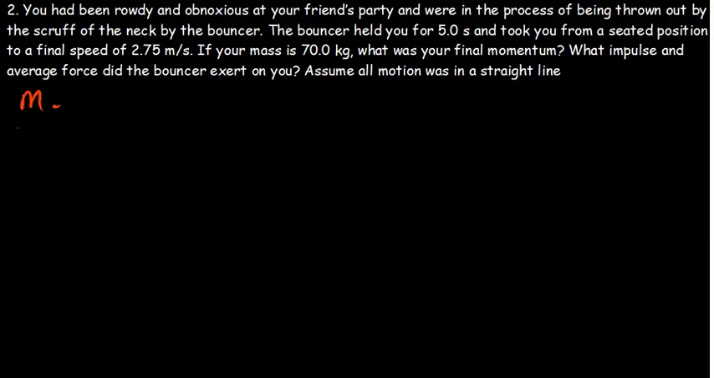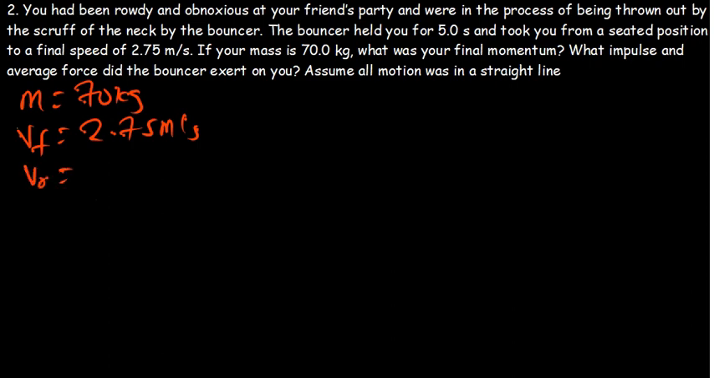So let's gather our data. The mass is 70 kg. The final velocity, we have been told that it is 2.75 meters per second. The initial velocity, we know that you started from rest, so it's going to be 0. Then the time was 5.0 seconds. What else do we know? This is the only information we have for now. So we know that